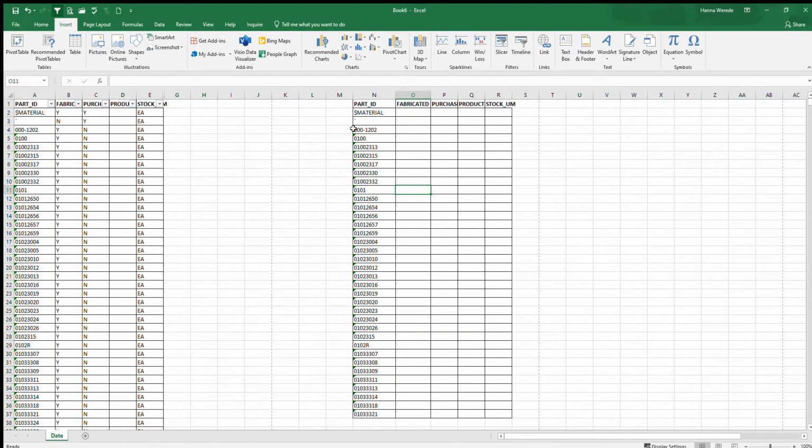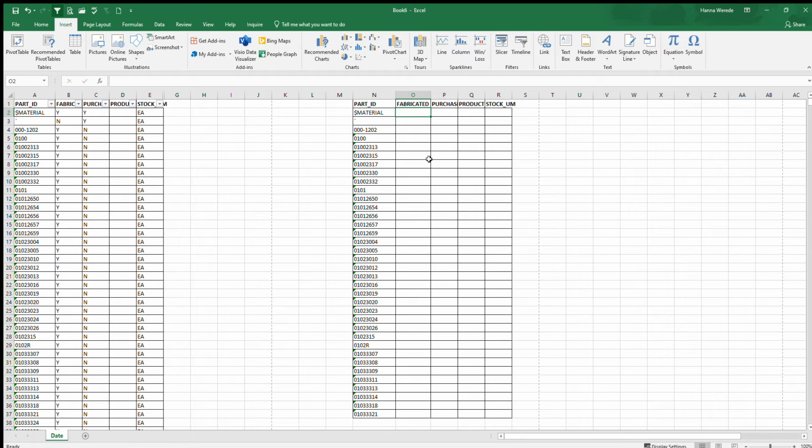So now let's say this is your part number, and then you want to figure out the fabricated, the purchase part, pretty much the product code, and then the unit measurement, just the same thing. Mind you, it could be big data. Let's say this data has almost 144,000 parts in here. So if you want to mirror copy some of those, all you have to do is use